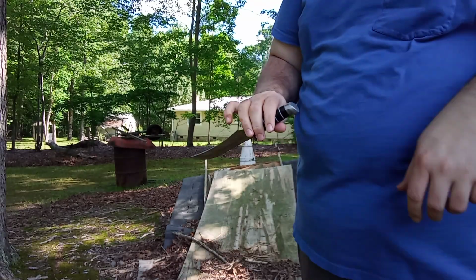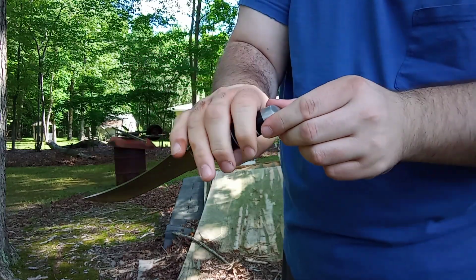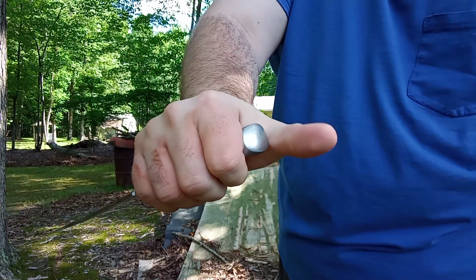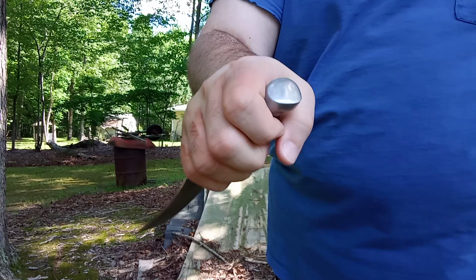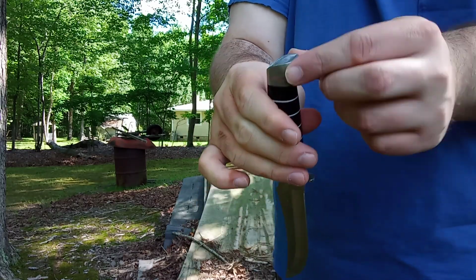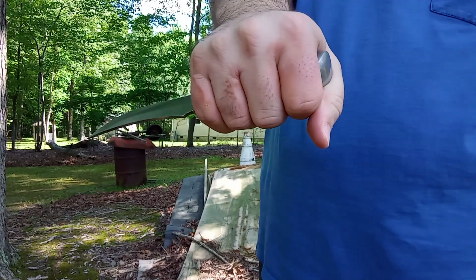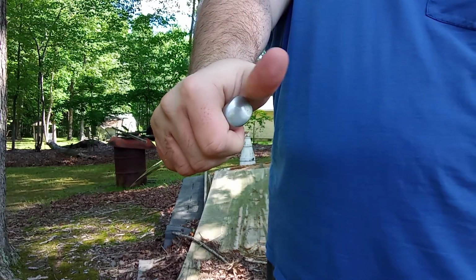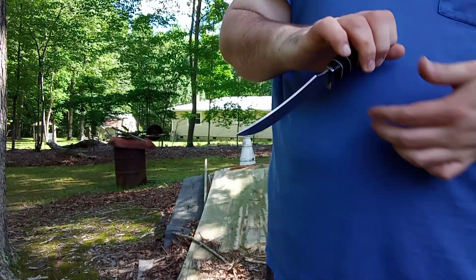Little side note. If you look right here in the pommel, every time when I was stabbing into it, my thumb kept riding and hitting on it. So I guess you could probably grind it off to where it won't hurt you and you can grab onto it like this without your thumb going like this every time you stab it into something. But next test,